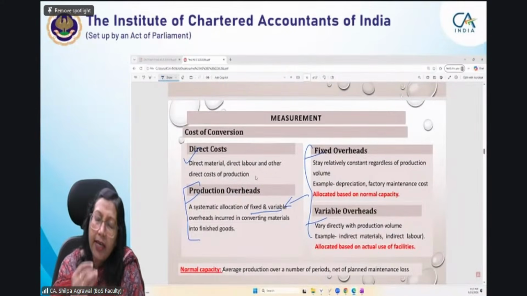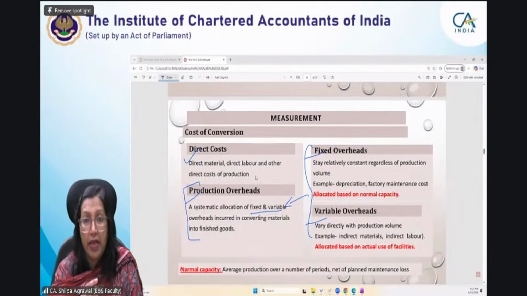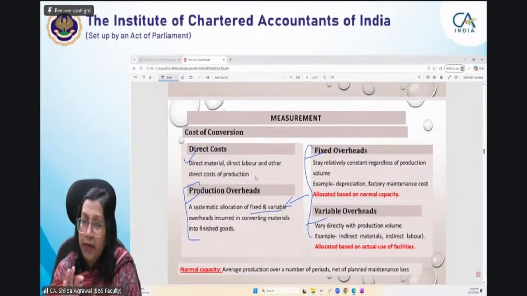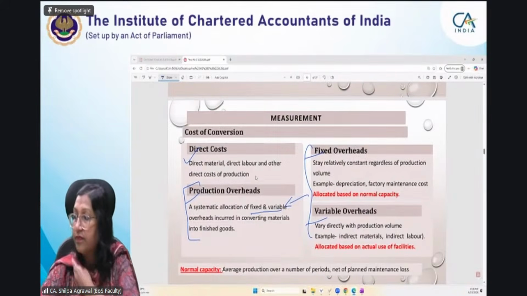And in general, finance cost is not capitalized for inventories. In general, it is not capitalized, but when you are able to clearly identify that it is directly related to the manufacturing of this particular inventory, then only will you be able to add or capitalize that particular portion in the cost of inventory. But it is in general rare. In general, we do not do that. Practically, we don't do that.